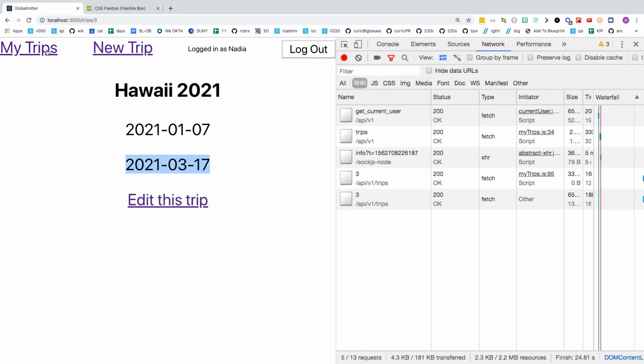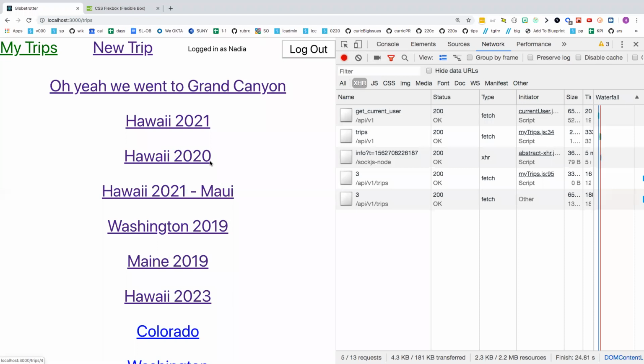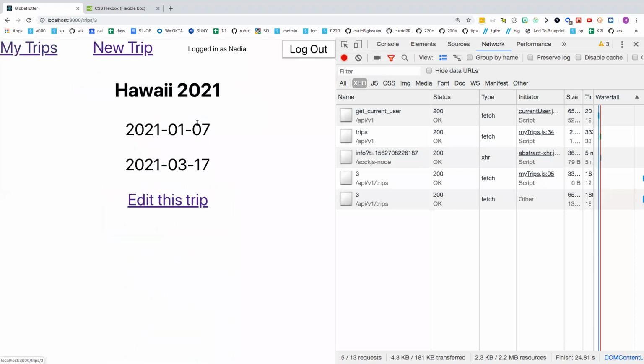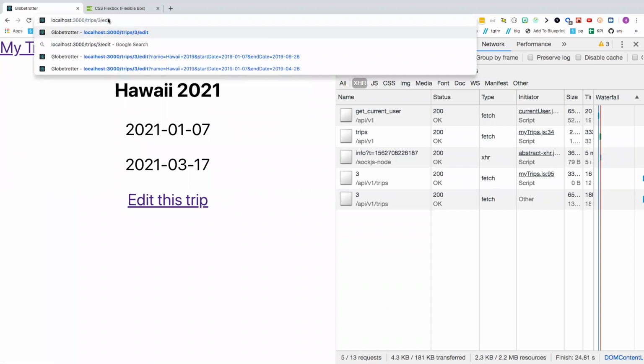I see now we're staying until St. Patrick's Day. I have no idea if St. Patrick's Day is any fun in Hawaii, but there it is, it's updated, that's good news. So now I'm going to show something else here. If I go to trips 3 edit,